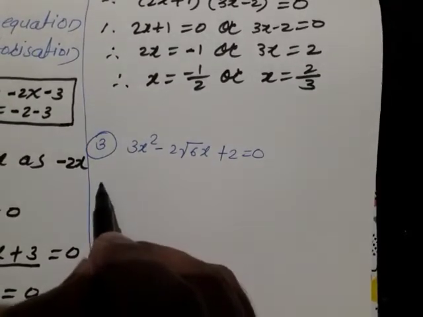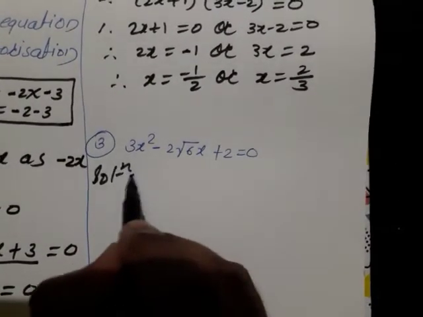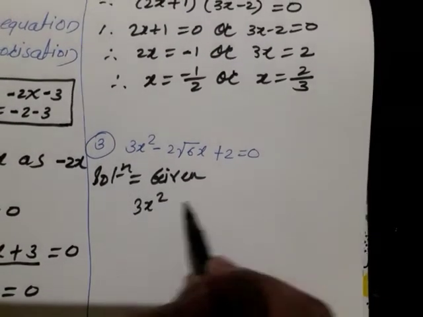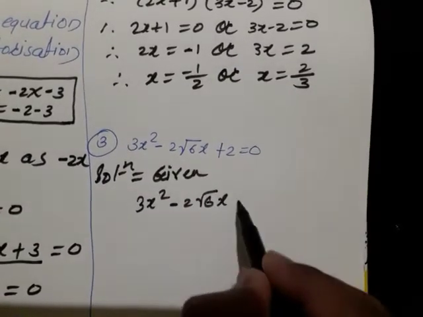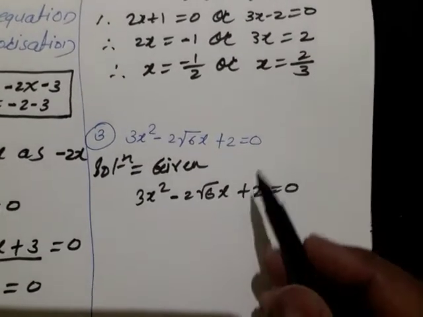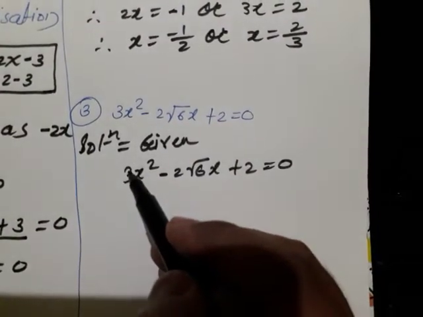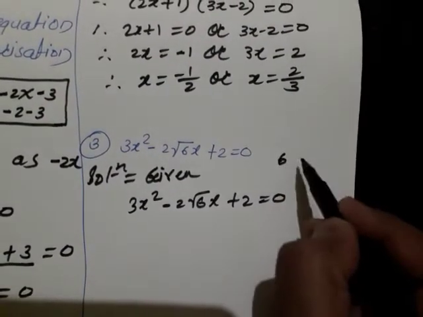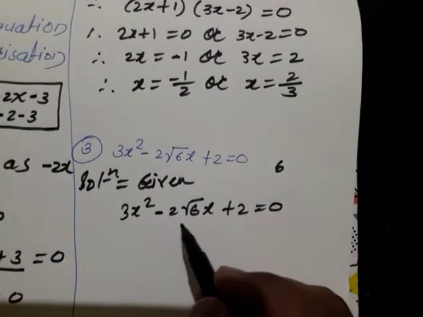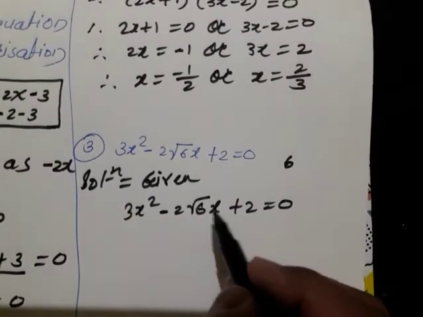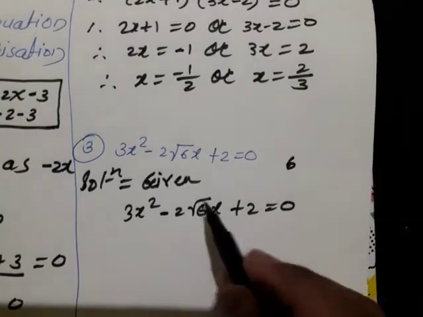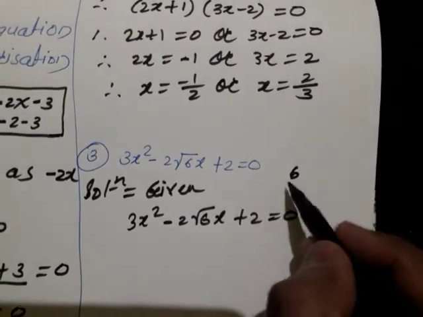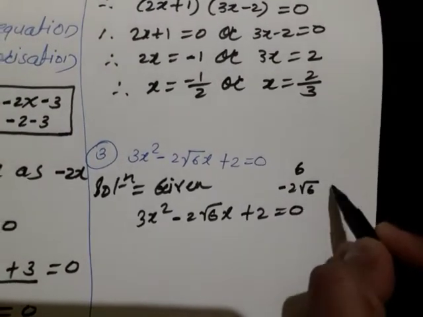As you know very well, as I told you, solution and given. As it is, we will copy this equation, 3x square minus 2 root 6x plus 2 is equal to 0. Okay, here also what we have to do, we have to multiply a into c, 3 into 2, what we will get, 6. Okay, what is the middle term? Look here now, it is very important. This is the coefficient now. What is the coefficient? Minus 2 root 6 is the coefficient of x. You have to take it total, minus 2 root 6.